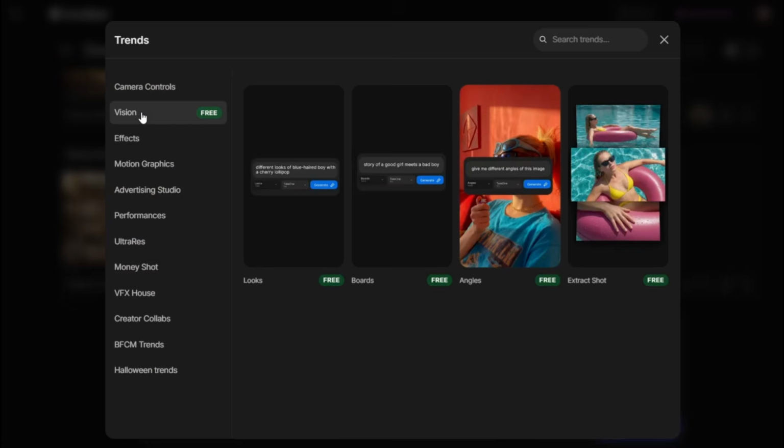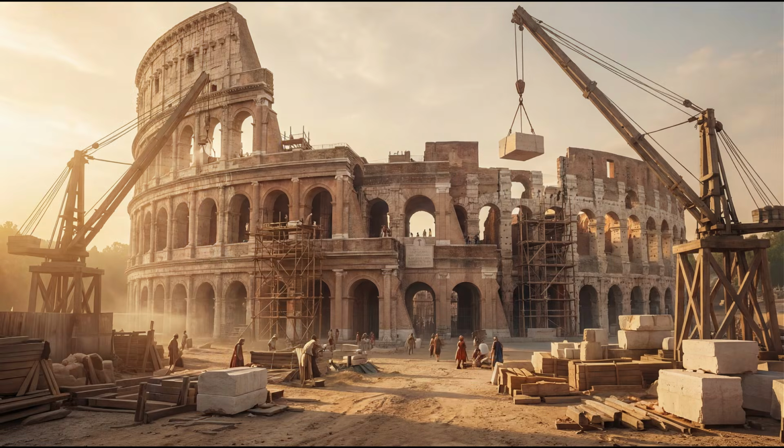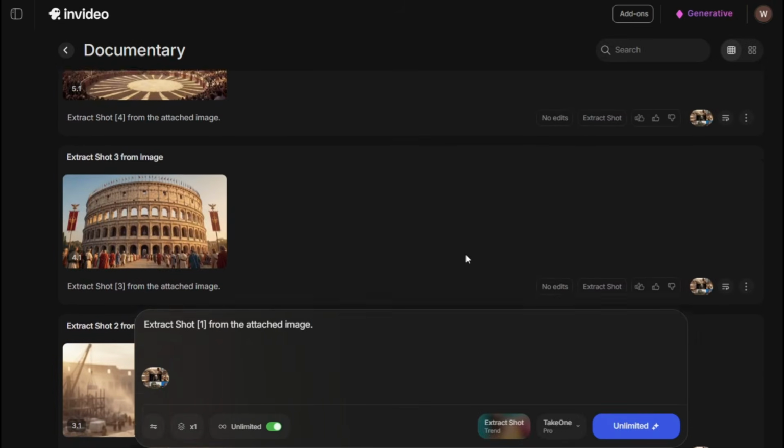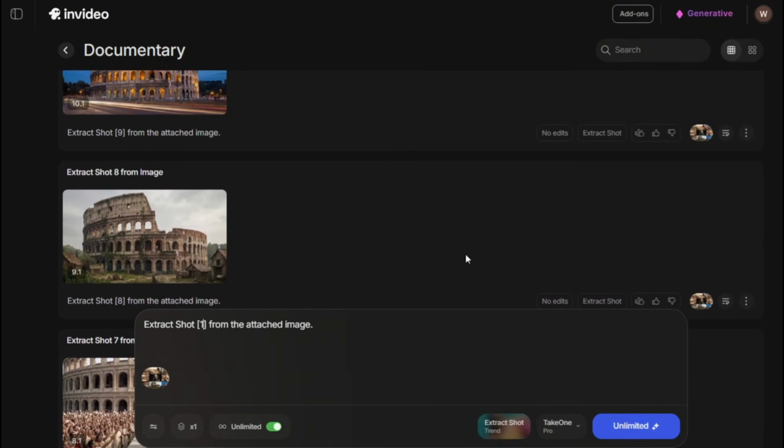Then go back to Vision, choose the extraction option, and you'll see that the prompt is already generated for you. All you need to do is enter the shot number you want to extract and click generate. And here it is. As you can see, the image is extracted perfectly without any changes and the quality remains intact. Now just repeat this process for the remaining shots and you'll have all your images ready for the next